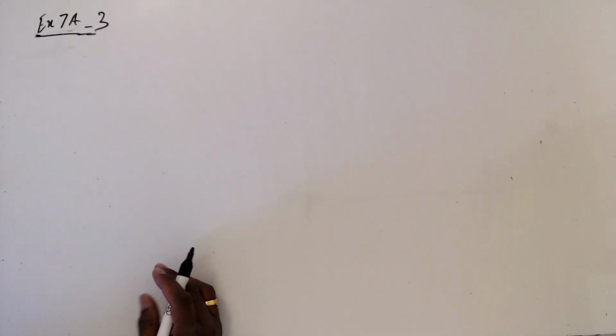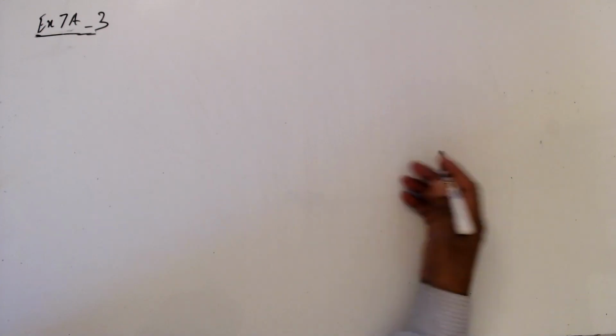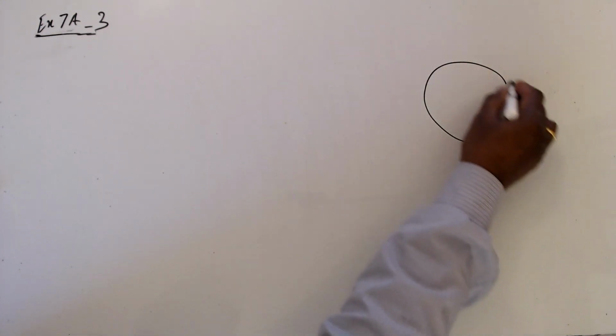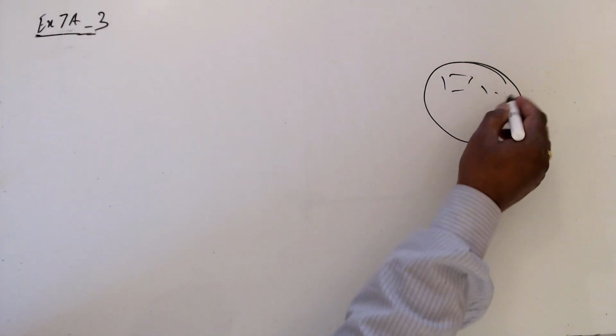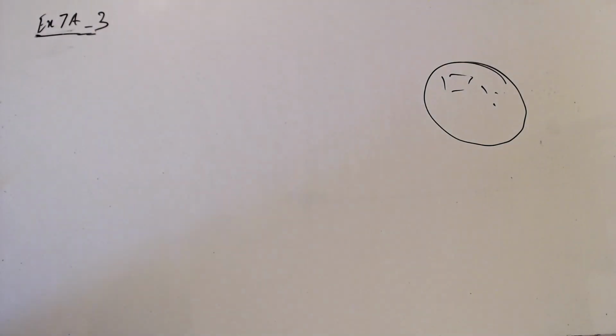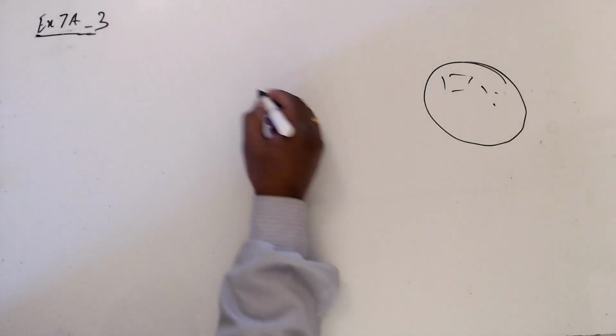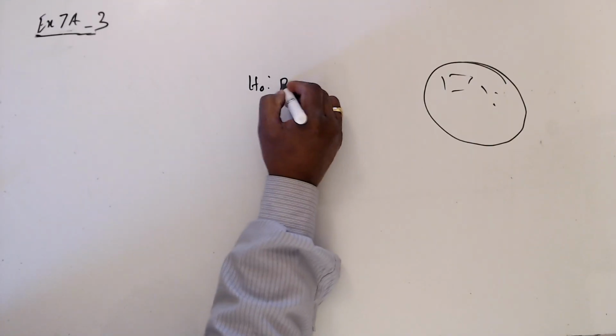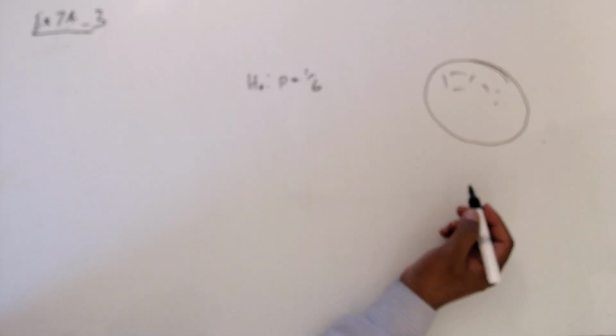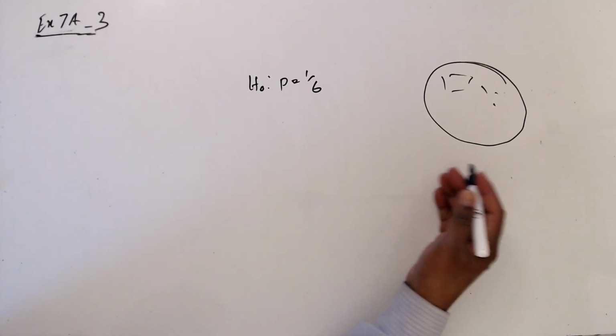In general, we know that in the dice population, each side has the same probability. So H naught is usually 1 over 6, but now in this case